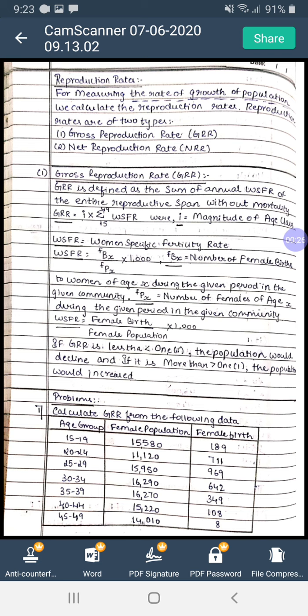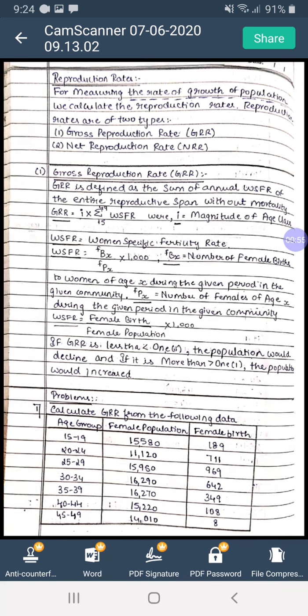Now, if the birth rate of males is more, that is, men are more, your reproduction rate will decrease. If the women population is more, that is, your newborn babies are female, your reproduction rate will increase. So here we are majorly going to see the female gender, the sex as female gender.